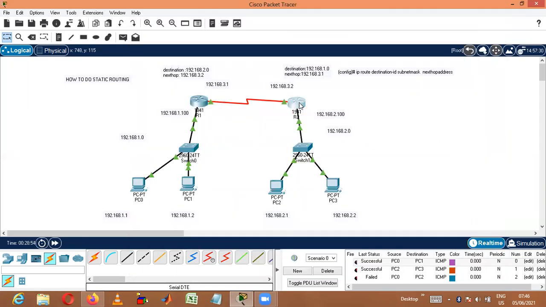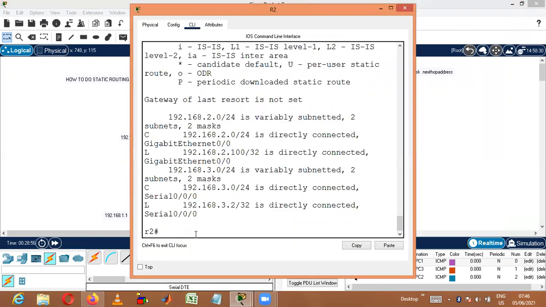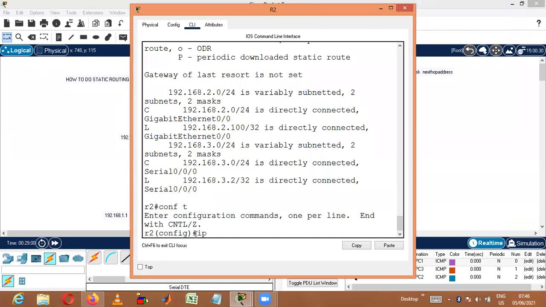Similarly, for this router, I'll go with this router. Configuration mode. Okay, IP route. Destination address is 192.168.1.0.